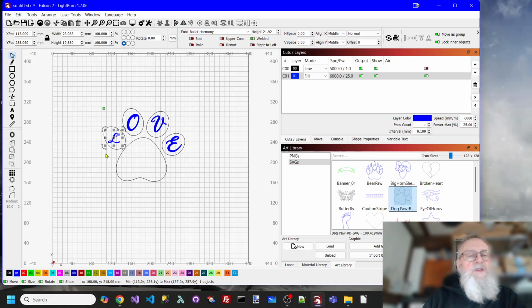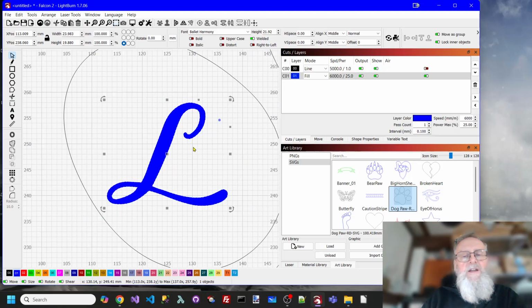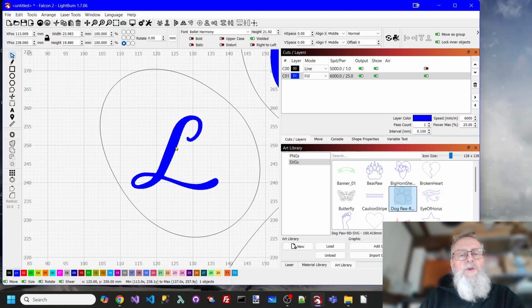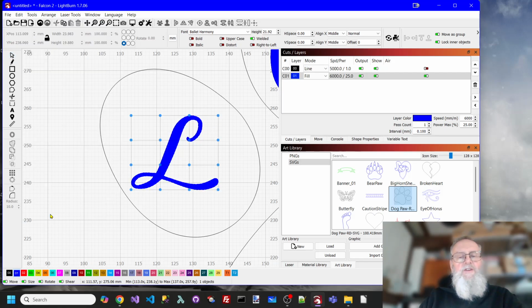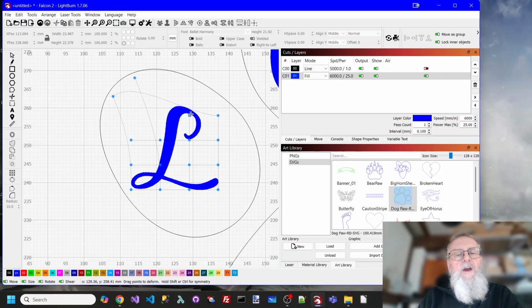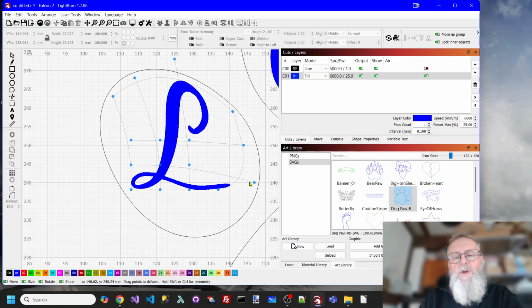Now, what I want to do is zoom in on that letter L, and I'm going to deform it. So I'm going to go to my Tools menu and Deform 16 points. So this creates a 4x4 grid, and each of these pieces you can move. So if I want to make my L fit inside this paw print a little better, especially near the bottom,